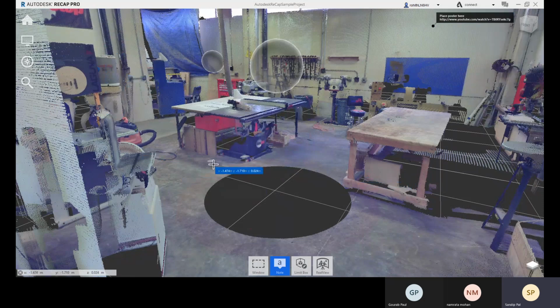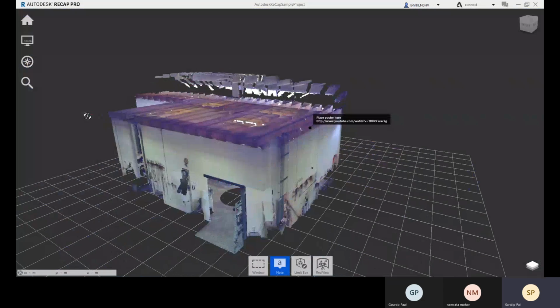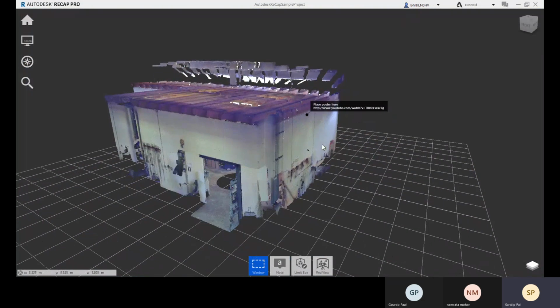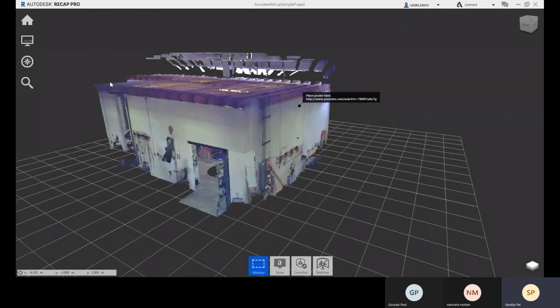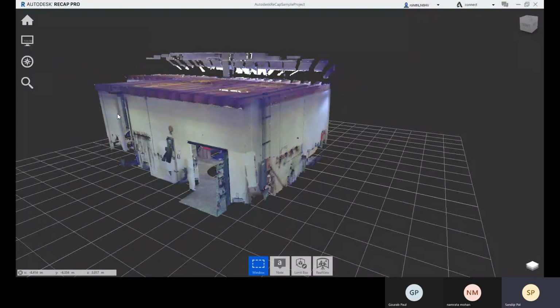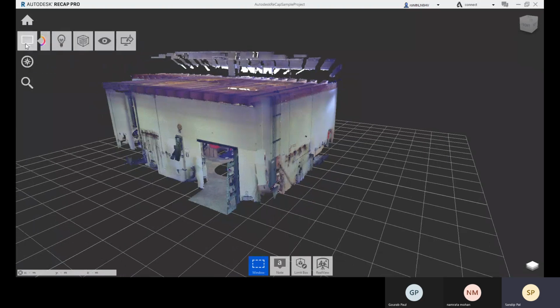All the notes which are already placed will be shown here. And if you go for this option here and uncheck this, that means all the notes which are placed within your point cloud will not be visible here anymore.